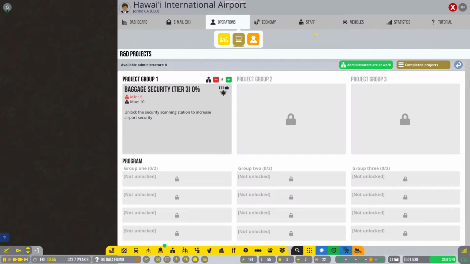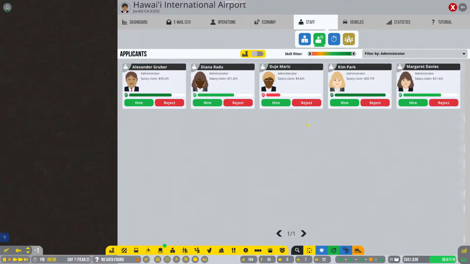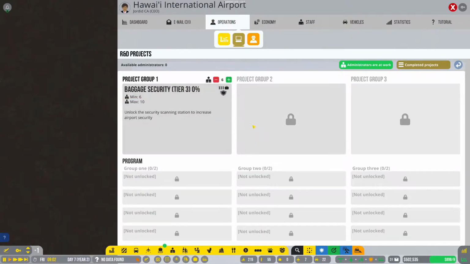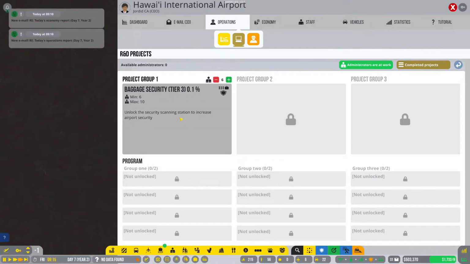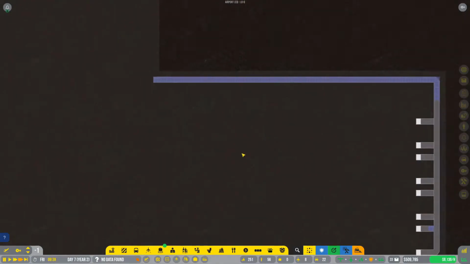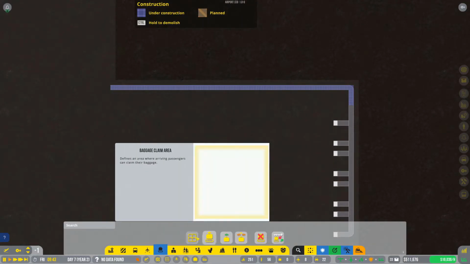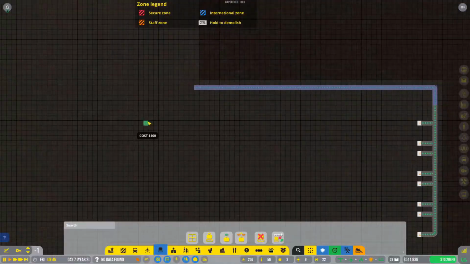I need six administrators for this one, so let me hire another administrator. I forgot to look and see how long it's going to be. Hopefully it seems to be like it's going to be a long one. Oh well. Okay, so conveyors. Right, so